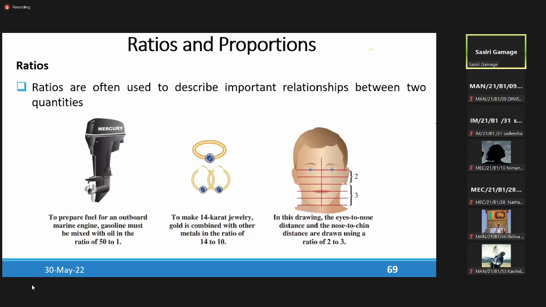Then the ratios we can use in drawings. So some figures and some other reasons like this. In this drawing, the eye to nose distance and the nose to chin distance are drawn using a ratio of